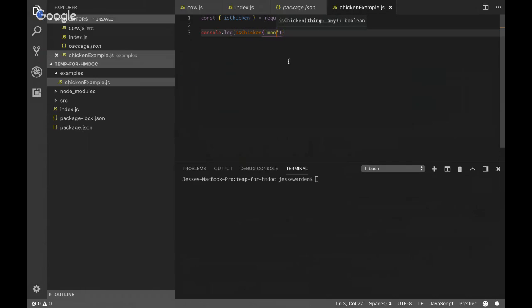Moo. And we should be able to say node examples, Kraken example. But if we run doc with the and we ignore node modules,